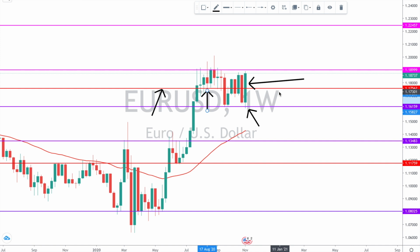But again, back to our analysis, we also want to say that of course we are bullish on the Euro-Dollar after this week, but again, to confirm our bullish bias, we want to see a clear higher high right from that level, because guys, price multiple times reached this monthly effective resistance and then pulled back. To avoid this scenario and to clearly confirm our bullish bias, we want to see a clear higher high and